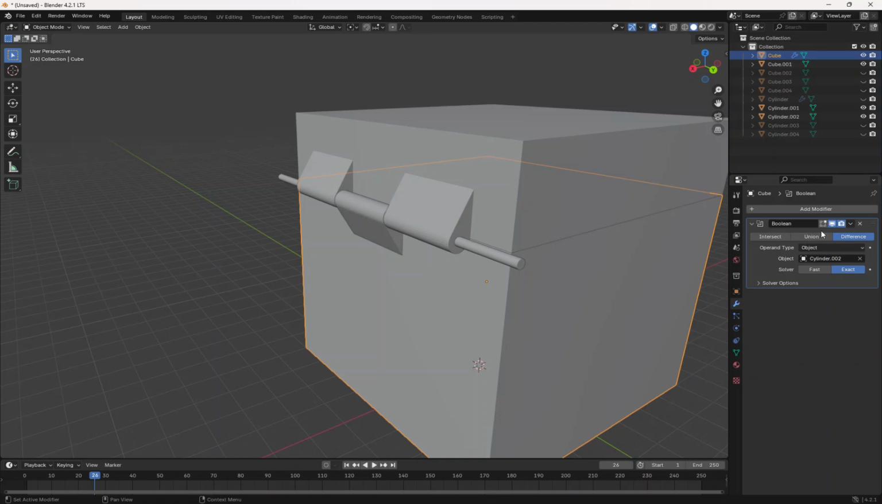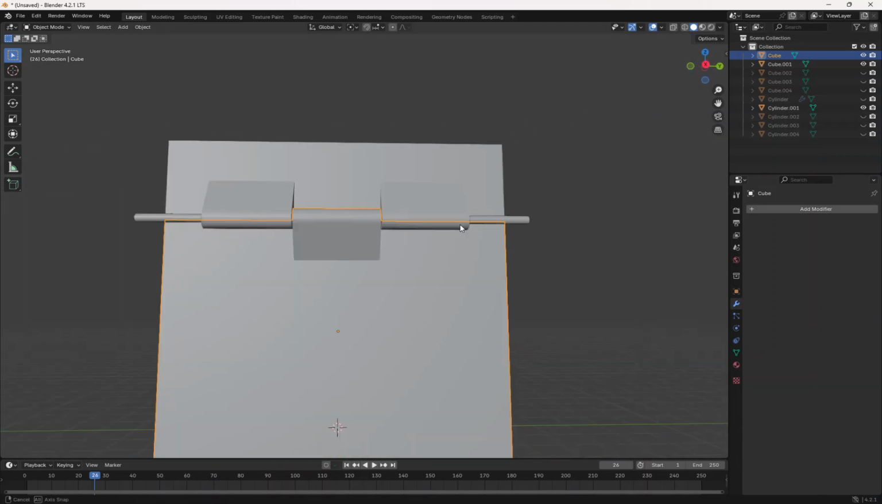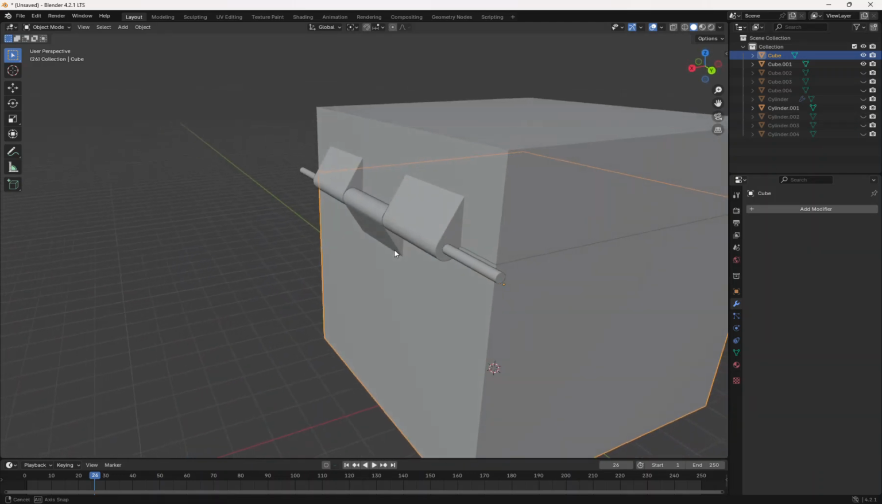Sorry, I had to undo with Control Z to undo that one. I need to say union. And now when we apply it and we hide that one, now it's still there. All right. So the last step is we're going to